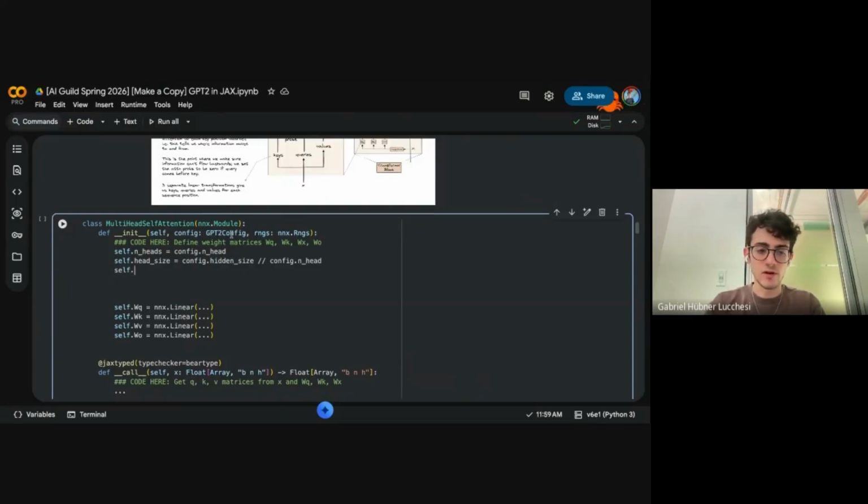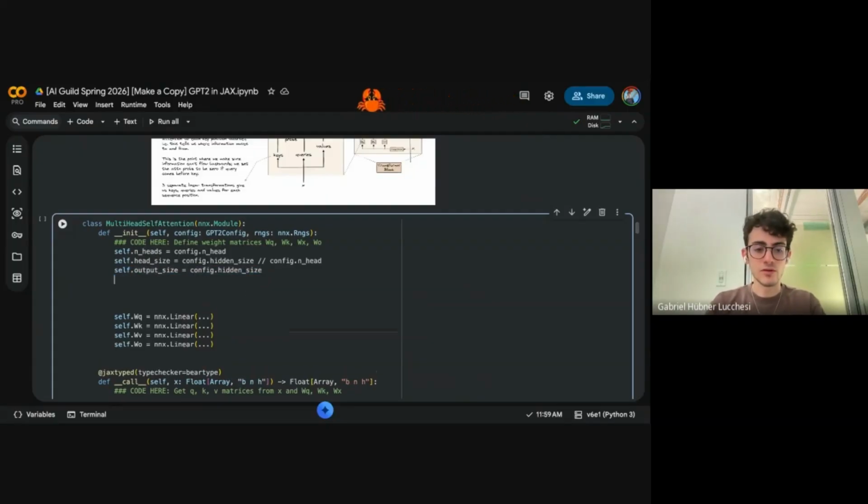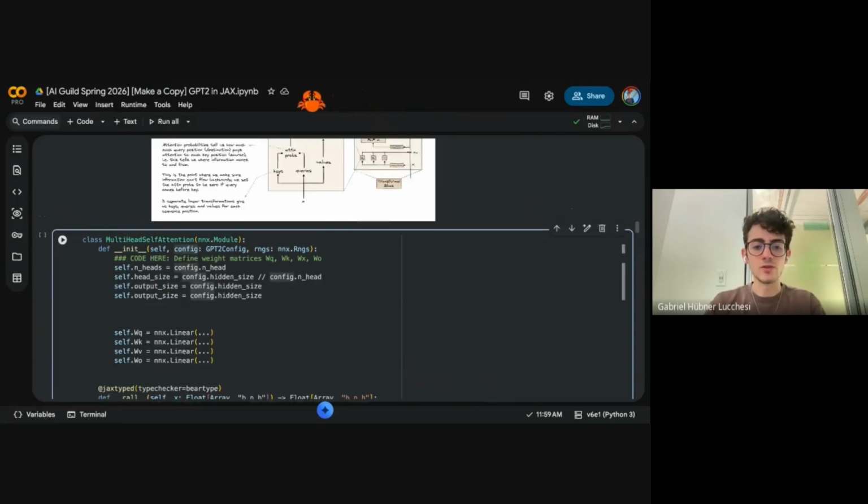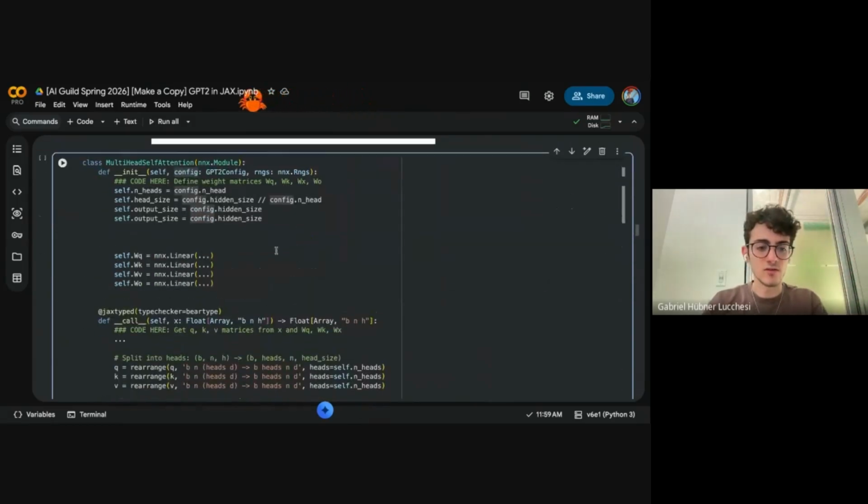We can also do self.n_head. The output size is the same as the hidden size because some people like to do another MLP after the output, but we're just going to keep the same stream size across all the layers. And then the hidden size, obviously, is the same thing as the config hidden size.